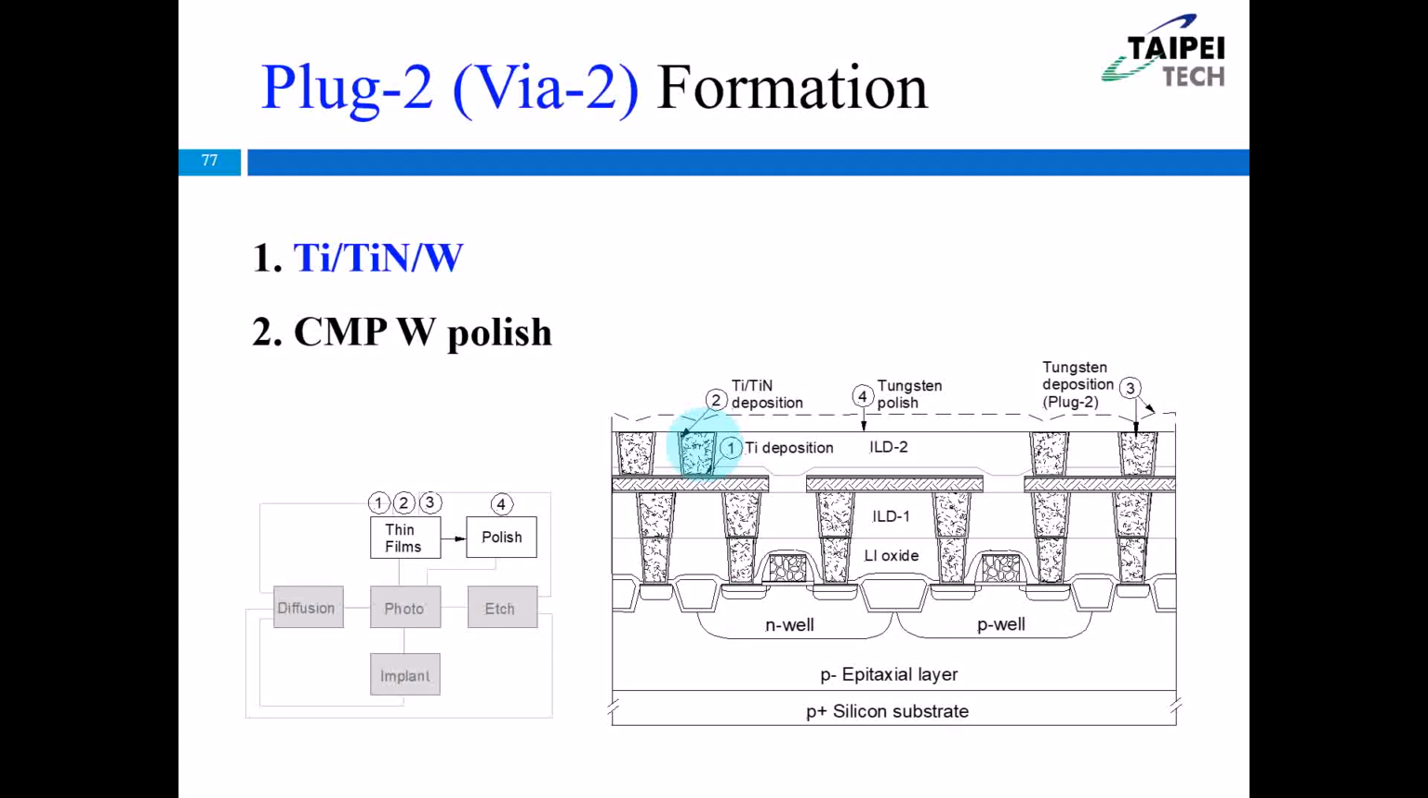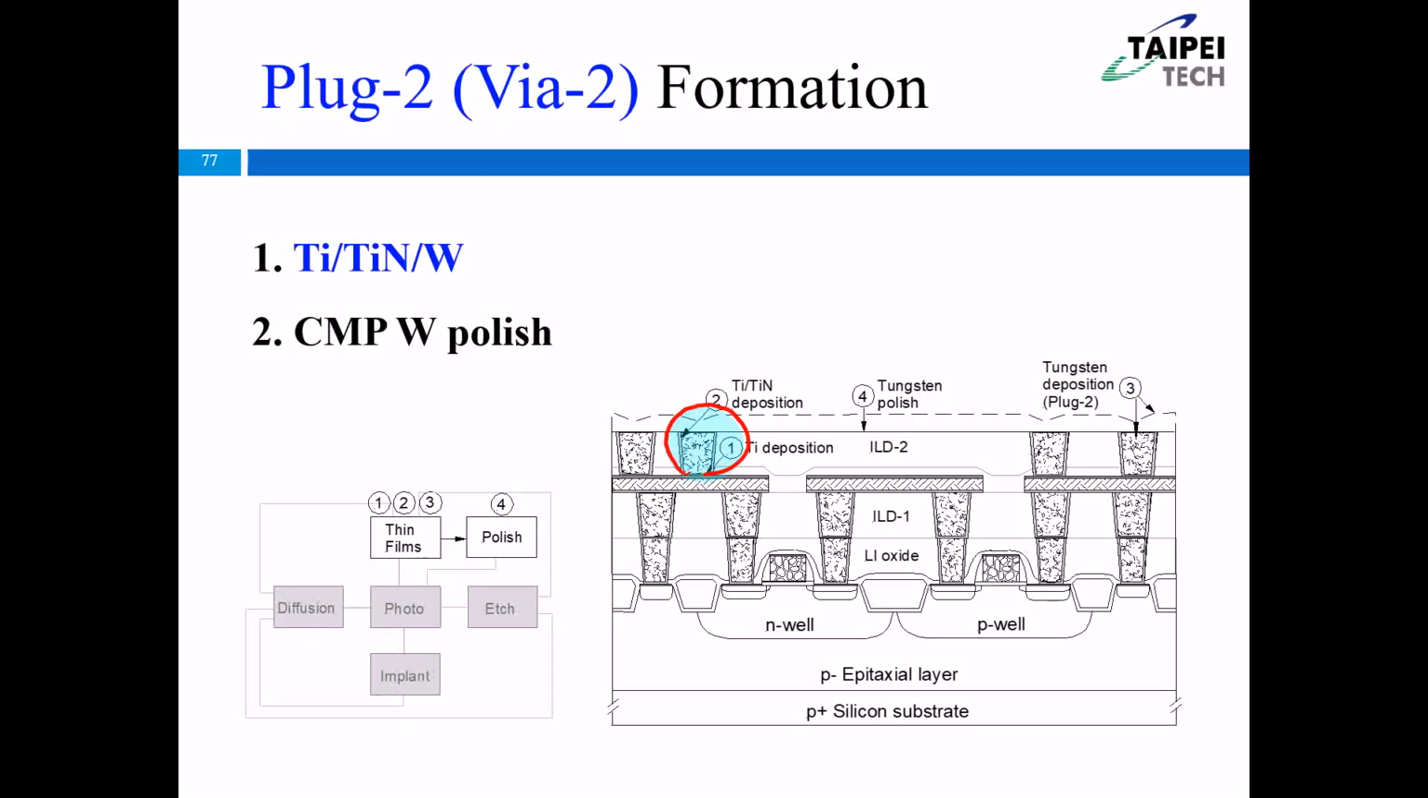So after we deposit the oxide, etching the oxide, we have all of this area. Right now, we can deposit Ti and TiN, followed by tungsten into this small area. Until right now, we already finished the VR2. You can say tungsten plug, or you can say it's the VR2. So VR2 is the